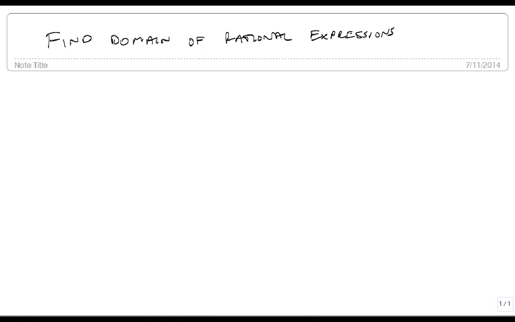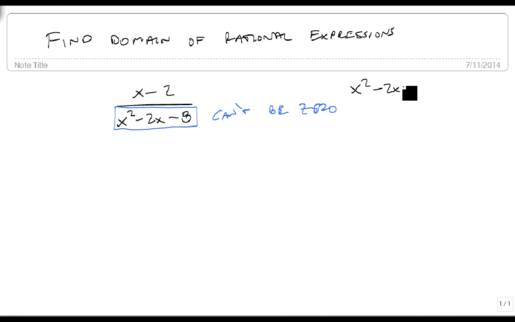So, for example, suppose we have (x minus 2) over (x squared minus 2x minus 8). Well, just like before, what we care about is this piece right here. This can't be 0. So we're going to take just the denominator, and we're going to write x squared minus 2x minus 8 cannot equal 0. Now it behaves just like an equal sign, except that it's ruling things out rather than leaving things in. And so as a part of this,